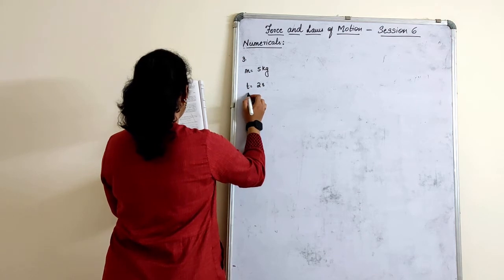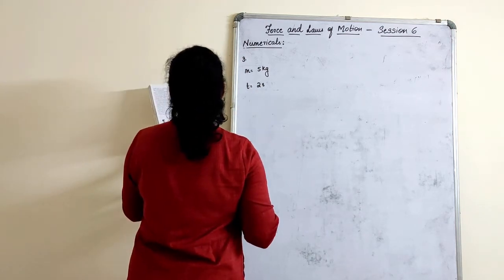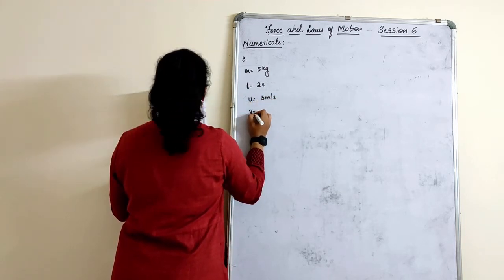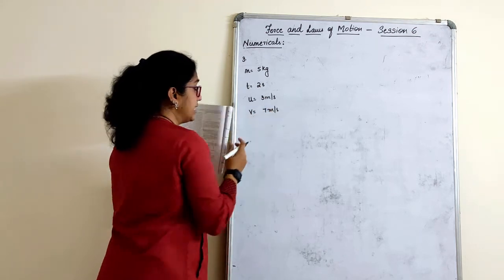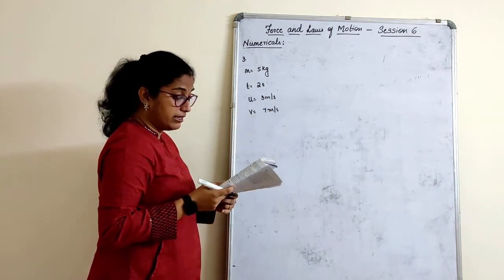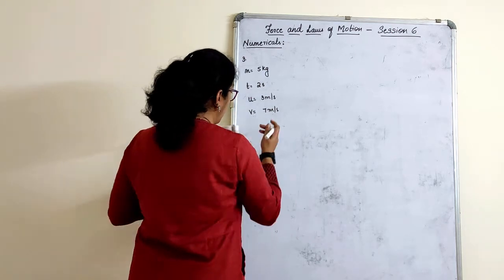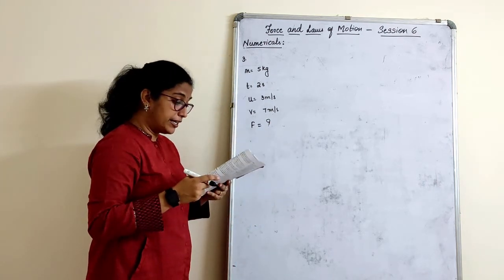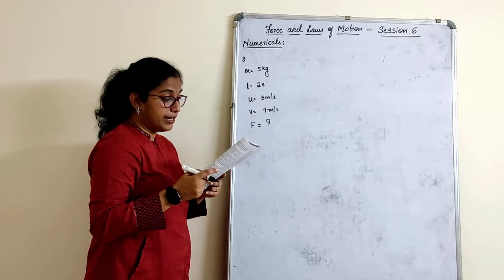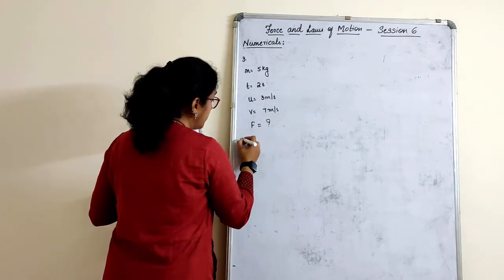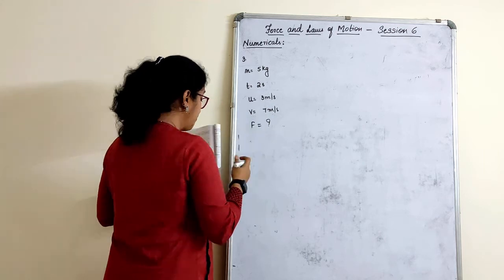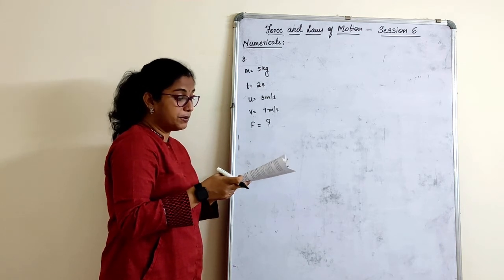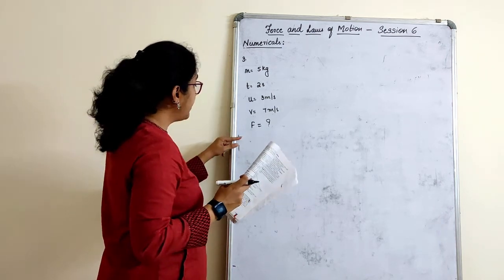It increases the object's velocity from 3 meters per second to 7 meters per second. U is equal to 3 meter per second to V is equal to 7 meter per second. Its initial velocity to final velocity will increase in this manner. Find the magnitude of force applied. Magnitude is nothing but the measure, the number, measurement of the force applied. Now, the second part of the question says that if the force was applied for a duration of 5 seconds, what would be the final velocity of the object? First we'll find with this respect.